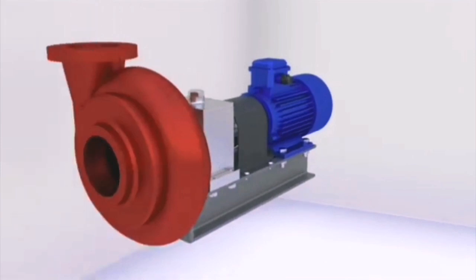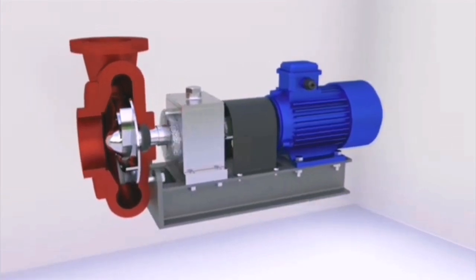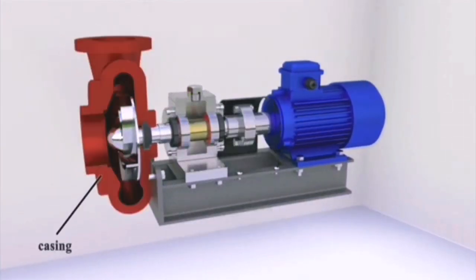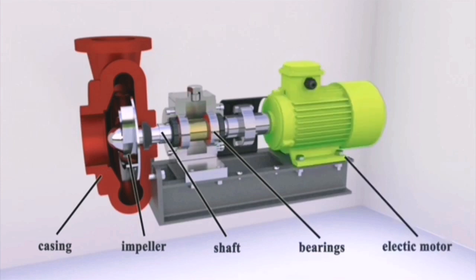The centrifugal pump carries out the task of transporting liquid successfully. The main elements of a centrifugal pump are the casing and the impeller, which drive the liquid. The rotating impeller is mounted on a shaft inside the stationary casing. Power is transmitted from an electric motor or some other driver to rotate the impeller at high